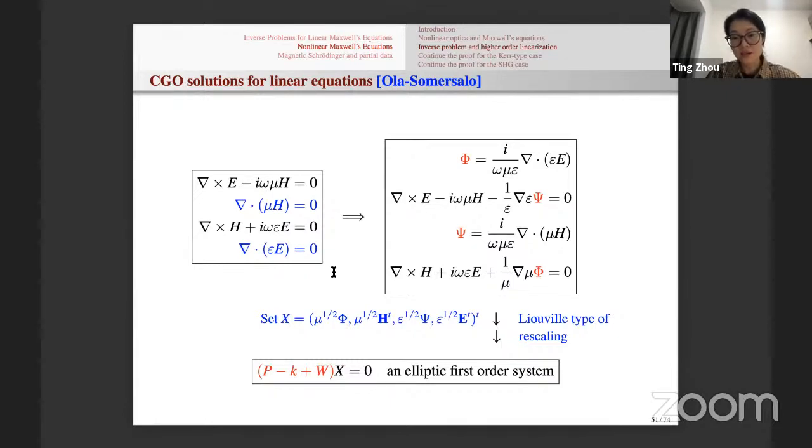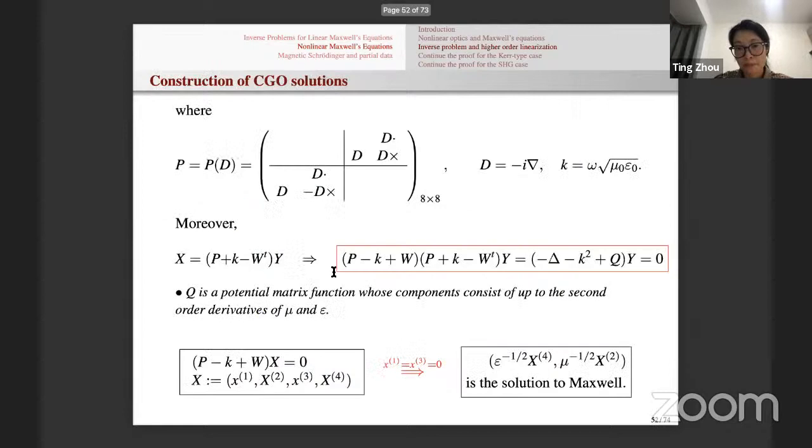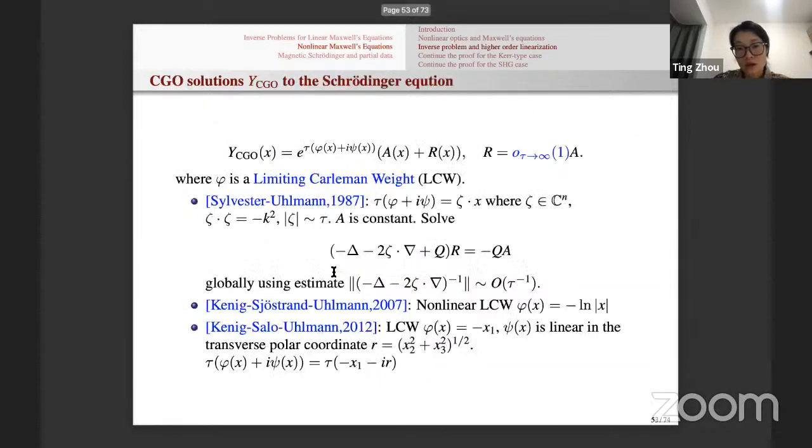The difference here is that, just for completeness, I put this slide here to help you review the previous technique, reducing Maxwell's equations into this first order elliptic system. And then you essentially reduce it to the Schrodinger equation to construct CGO solutions there. As I mentioned here, yeah, actually here would be a discussion of